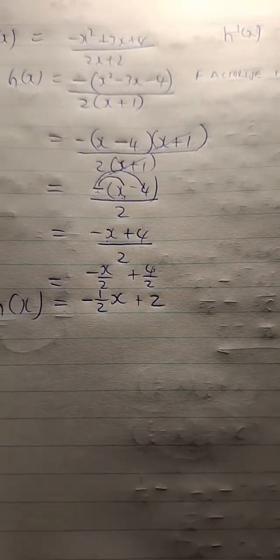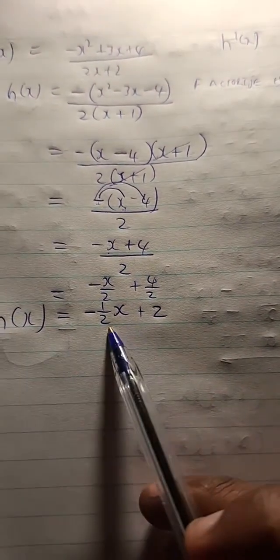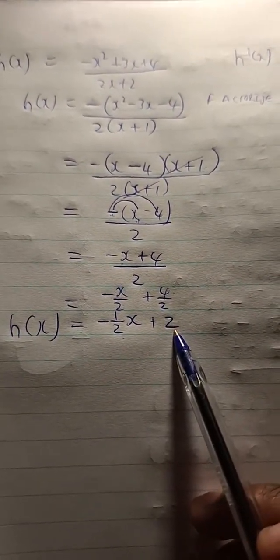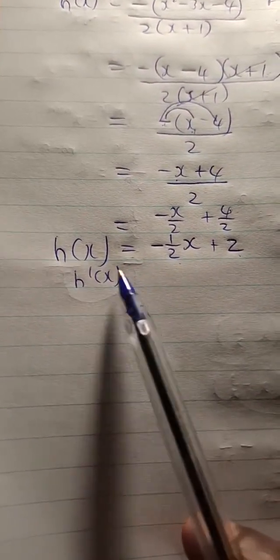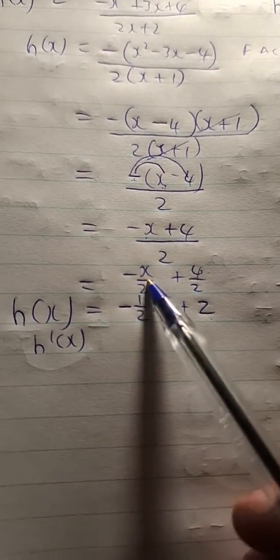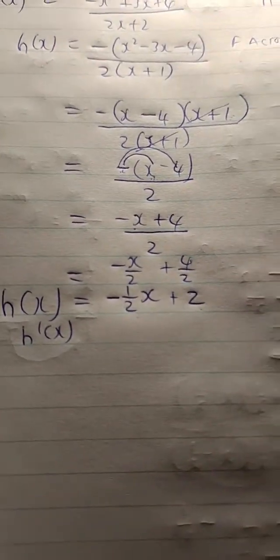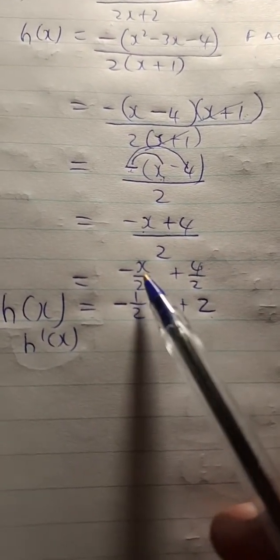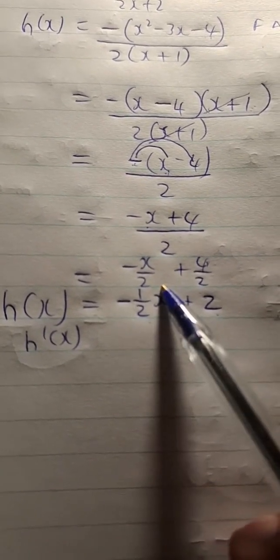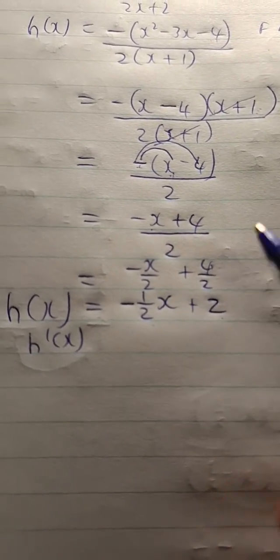Are we ready to derive now? Definitely. Why? Because we have two separate terms. The power rule can be applied to terms that are separate. So now we say h prime x, because that's what they wanted us to find. We now introduce the, so how did we get negative half? The coefficient. So if I asked a typical grade 8 learner, because grade 8s are doing algebraic expressions in term 2 now, okay, so